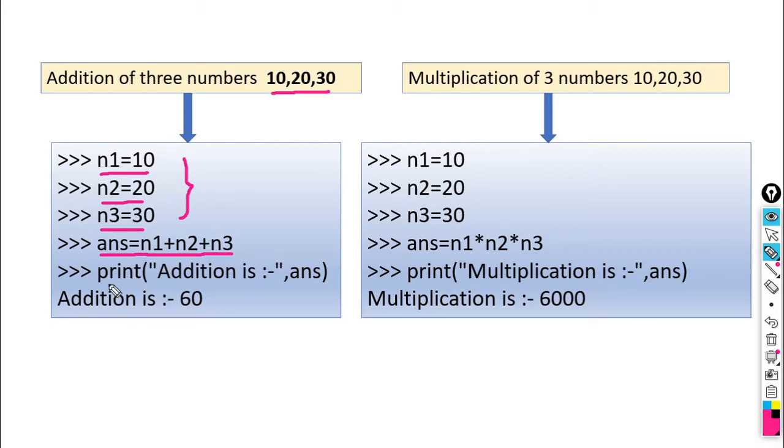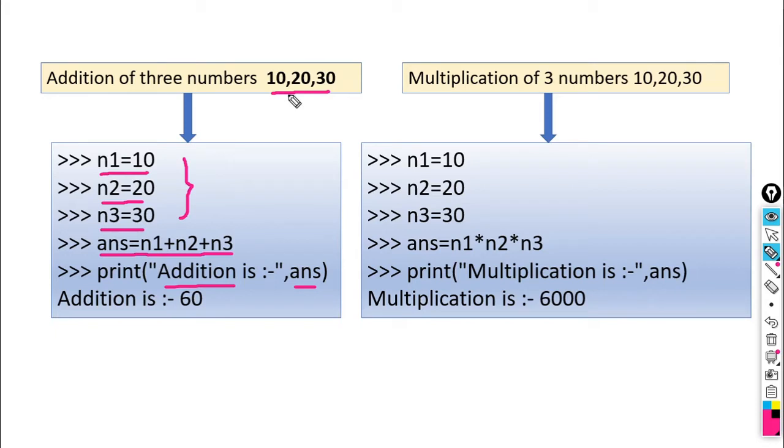So how can we print it? Print statement: "addition is", this is the text, and then ans. This is the variable. So how does it give the result? Addition is :- and then 60. It will perform addition of these three numbers, so you will get output as 60.